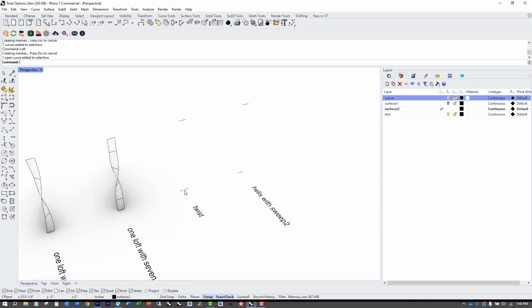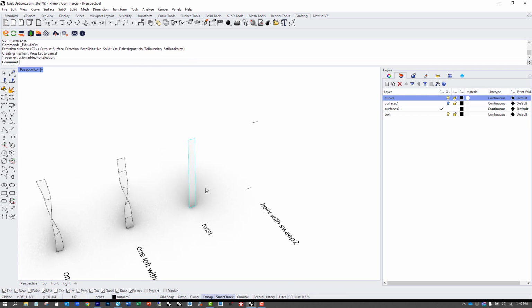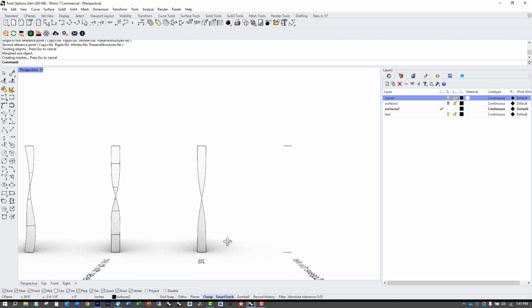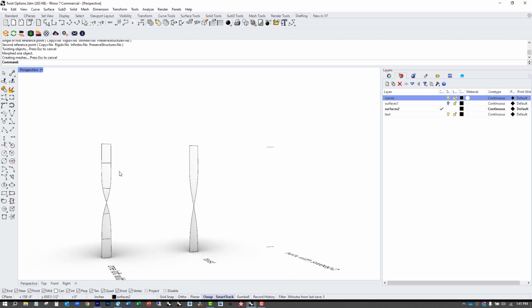Here I'm going to do just the twist command. So start off with a typical fin like that, and then type in twist. It's going to ask me for an axis, so I'm going to create one right down the middle. Here I'm holding down shift to establish the rotation. I'm going to bring it all the way around, hold down shift again, so I get the 180. And there we go. And that works really nice, but doesn't give as much control as we had with the